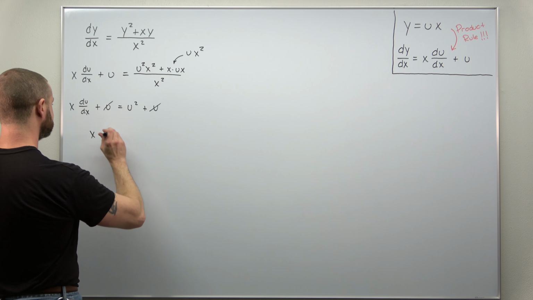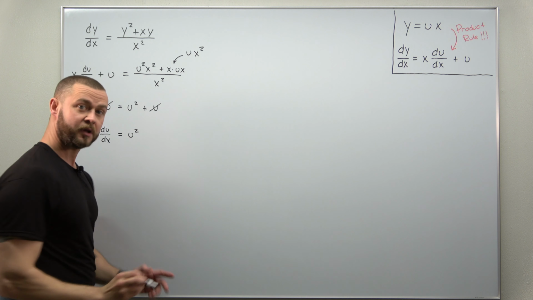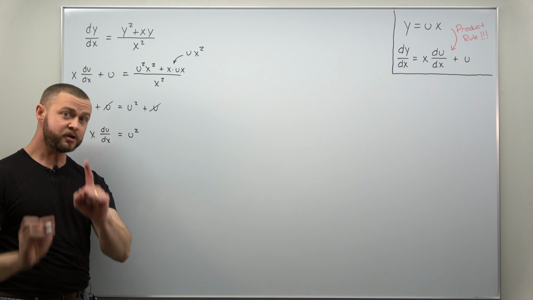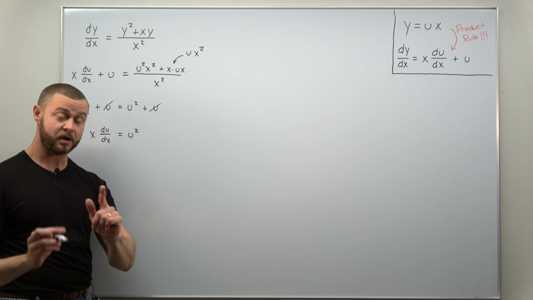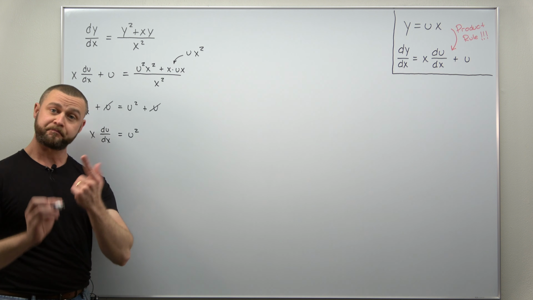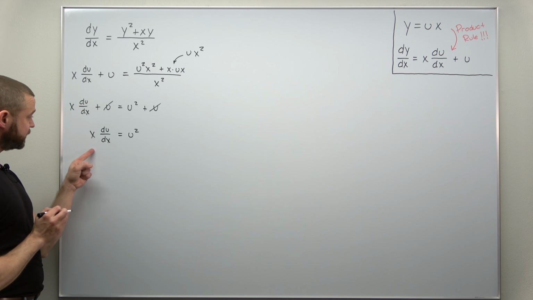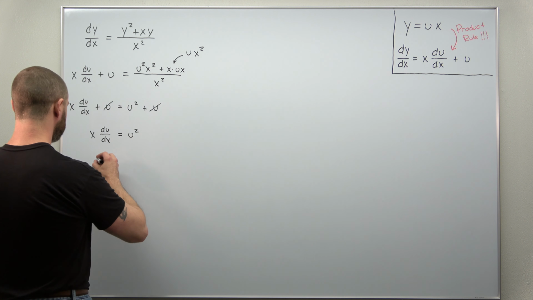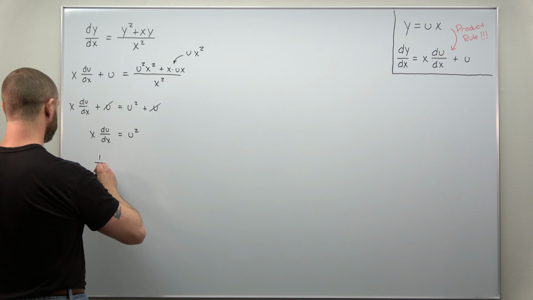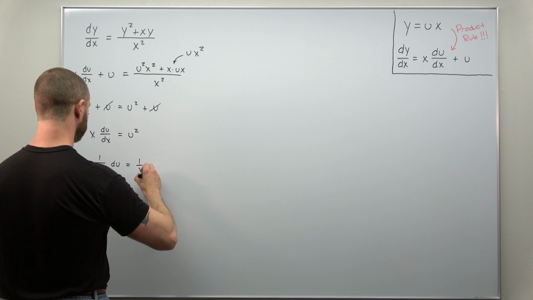All right, so let's write down the simplified version here. We're left with x times du over dx equals just u squared. And remember, your substitution should convert the homogeneous equation, the original differential equation, into one that is now separable. And this one easily separates. I can divide the u squared to the other side and then multiply dx over and divide by x. We'll write this as 1 over u squared du equals 1 over x